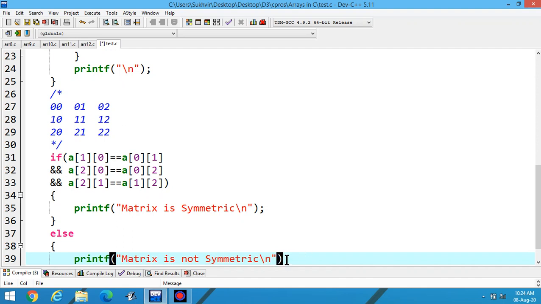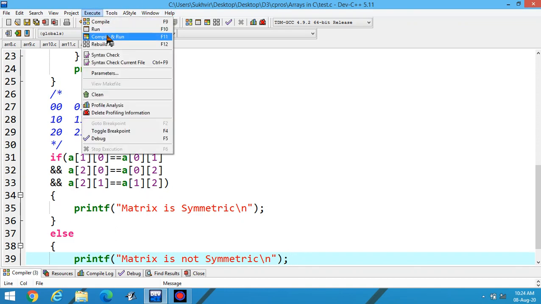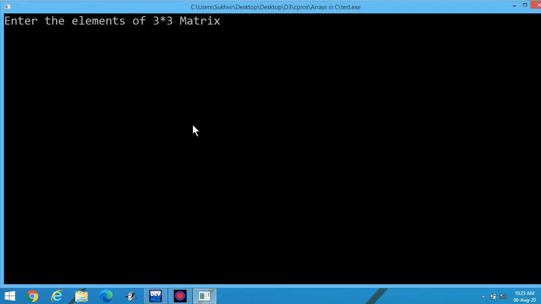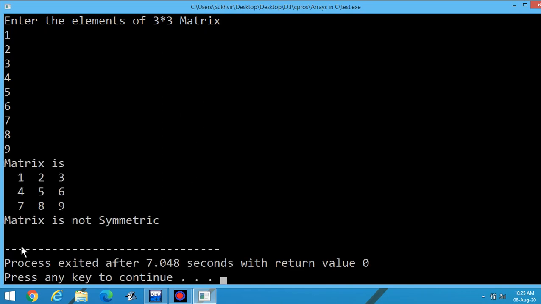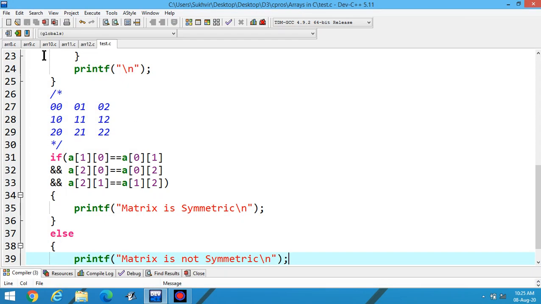Now execute the program. Suppose the elements are 1 2 3 4 5 6 7 8 9. Matrix is not symmetric. Suppose I am writing a symmetric matrix. Let's execute the program again.